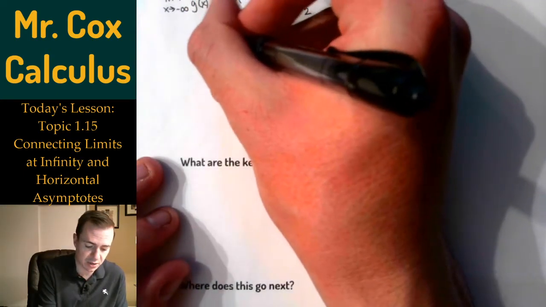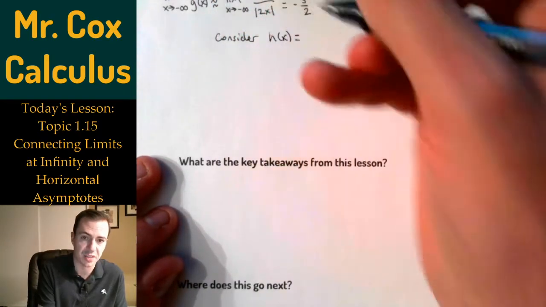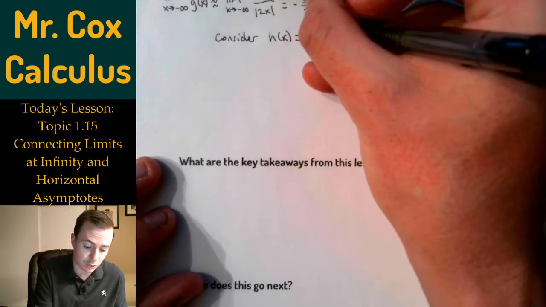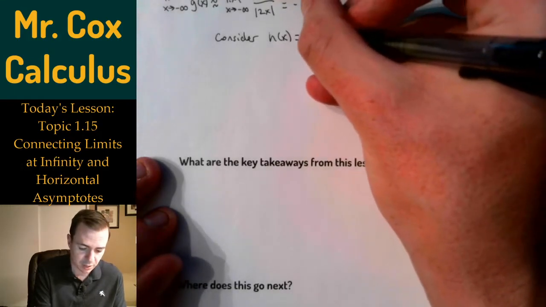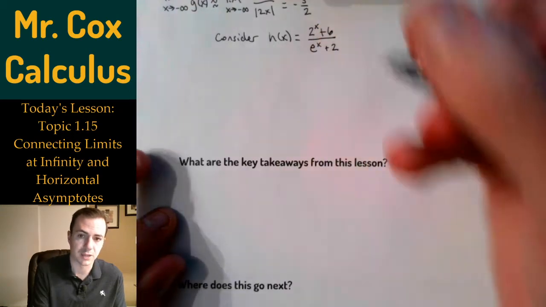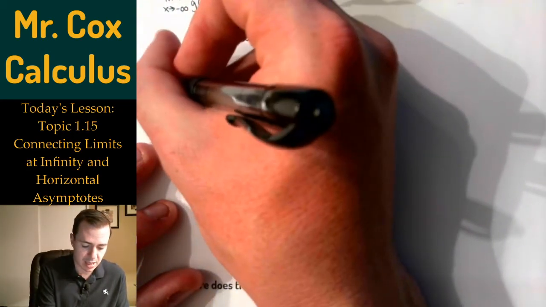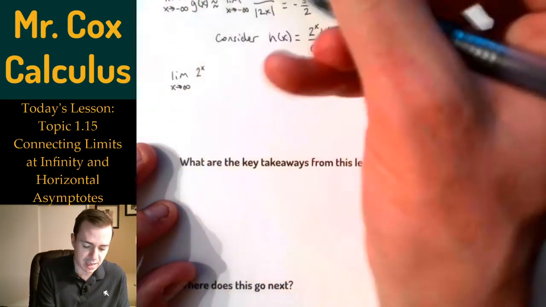And so let's consider the function. We're going to throw some exponentials in there now. h of x equal to (2 to the x plus 6) divided by (e to the x plus 2). Well, if I want to look at the limit as x approaches positive infinity of (2 to the x plus 6) divided by (e to the x plus 2),